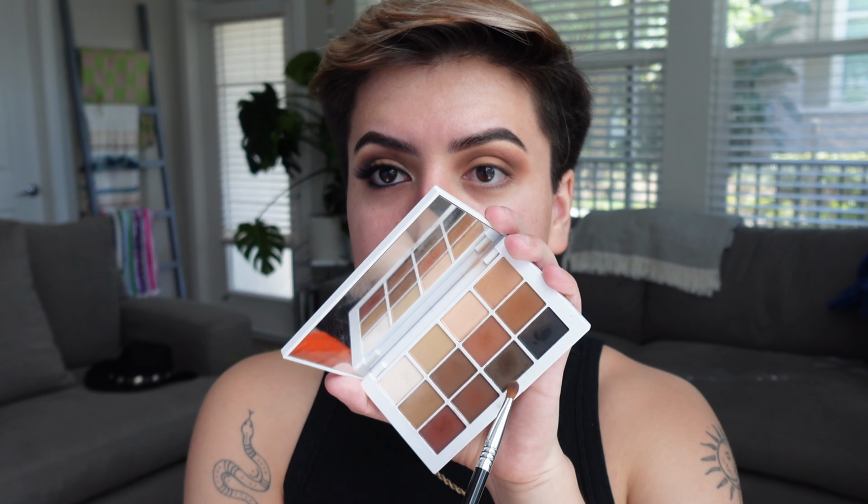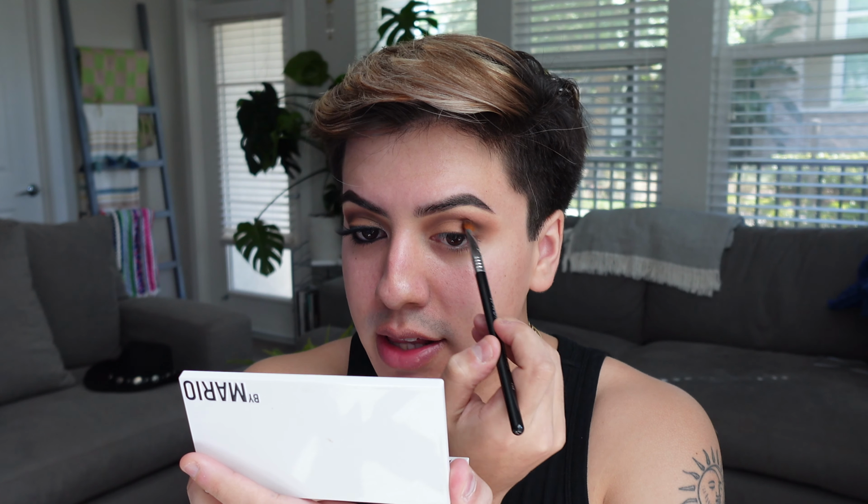Now I'm going in again with that same flat brush from earlier, and I'm gonna mix both the medium and the dark browns over here. So I'm just grabbing mostly medium brown and then just a little touch of that darker one. Remove the excess, and then we're gonna just intensify this brown once more. All we're doing here is just adding even more dimension. And then blending one more time